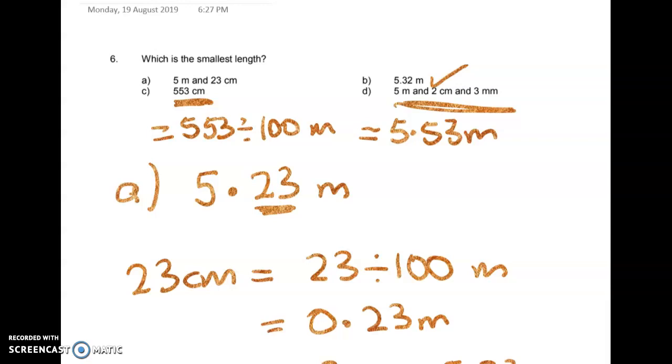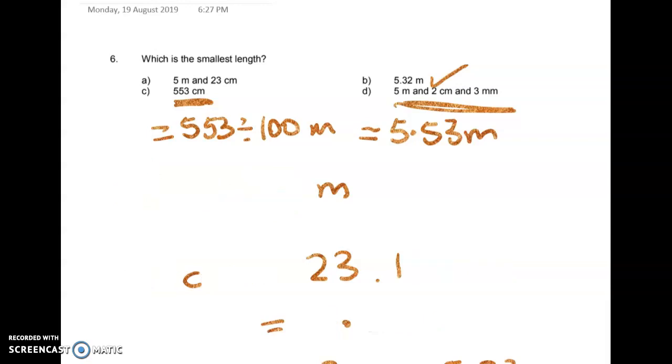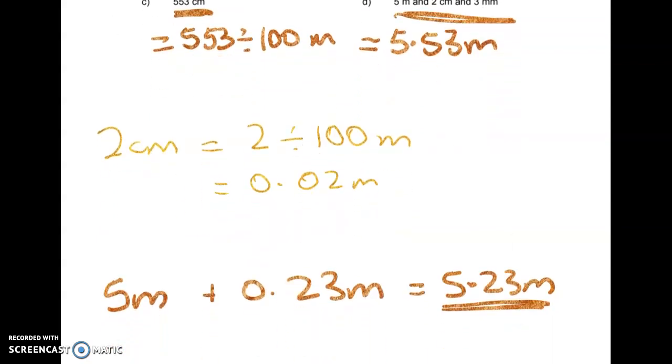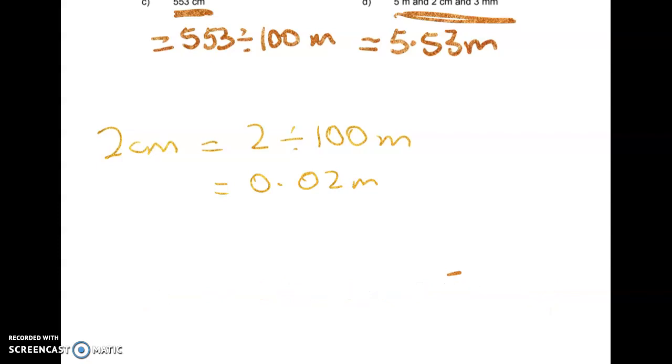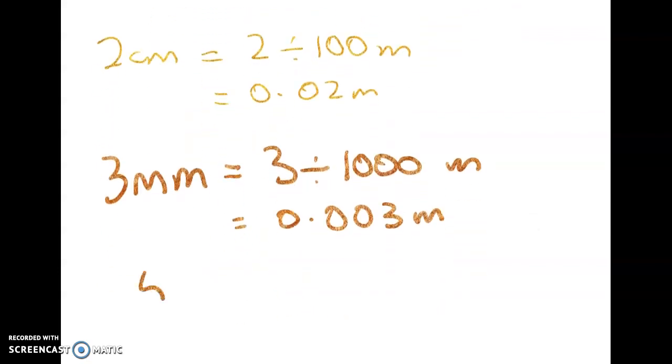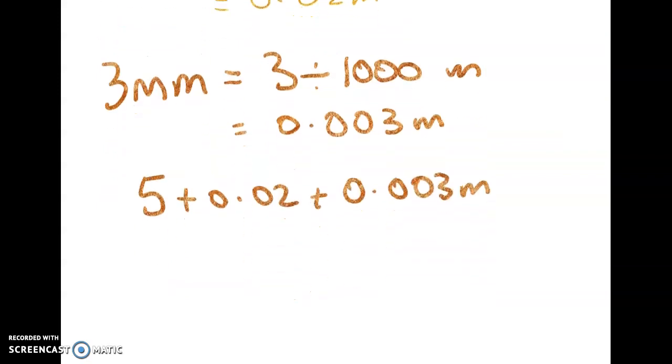We've got 5 meters and 2 centimeters and 3 millimeters. So let's convert all of those bits into meters. 2 centimeters is equal to 2 divided by 100 meters, which is 0.02 meters. And 3 millimeters can be converted into meters as well. So 3 millimeters is 3 divided by 1,000 meters. Milli means thousandth, so that's 0.003 meters. So when we add all of that up, we get 5 plus 0.02 plus 0.003 meters, which gives me